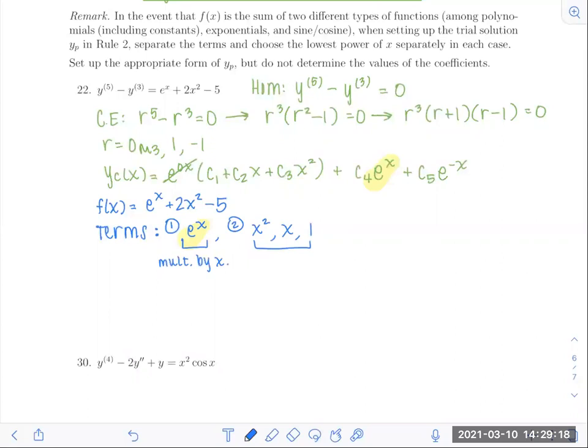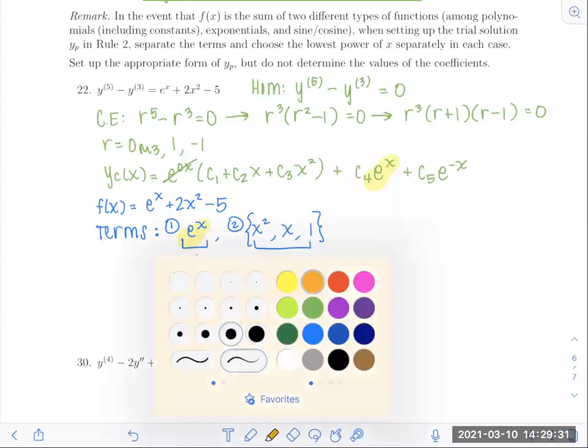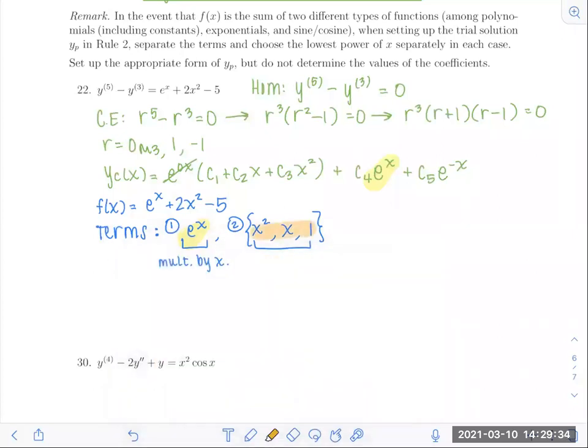Now, we are going to look at these polynomials as a group, okay? Not individually, but as a group. We definitely see duplication. So let's color coordinate. We see actually all three of them being duplicated. All right, but it doesn't matter. Even if just one of them is being duplicated, that's enough. So the question is, what is the smallest value of x that we need to multiply by in order to get out of duplication? So if I try to multiply by a single x,